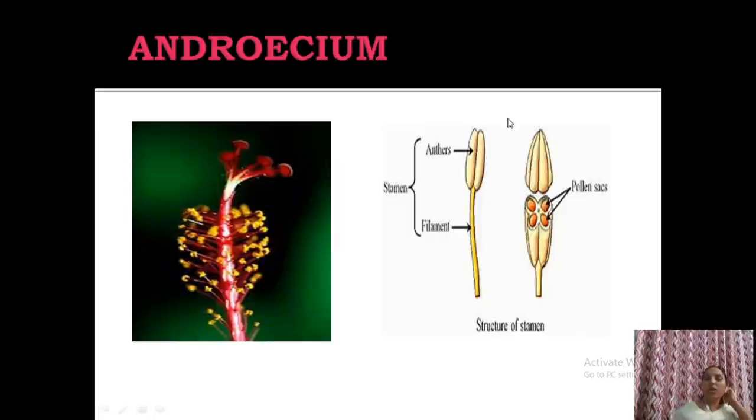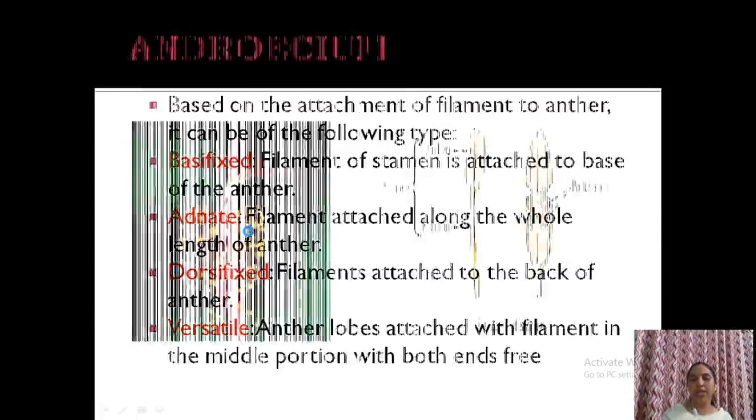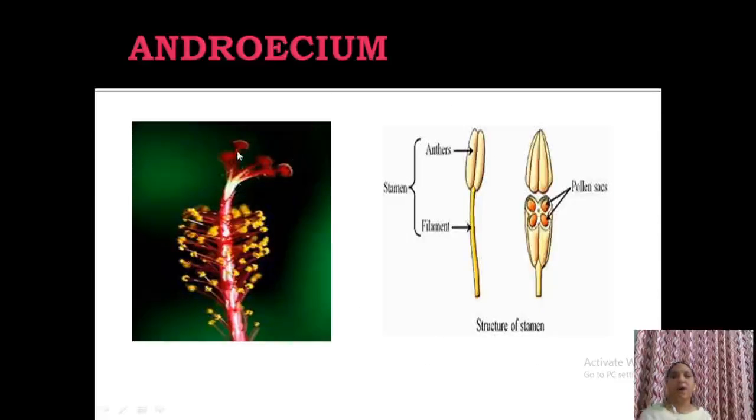Okay. So now let us pass on to the next whorl, androecium. In this picture you can see the androecium. This yellow colored part is what? The anthers or the stamens bearing pollen grains, and this is the stigma, part of the gynoecium. Here you can see the structure of the anther very well. This is the anther and this is the filament. Together you can call it a stamen. When you cut open this anther, you can see 4 chambers with the pollen sacs. That is the structure of the stamen.